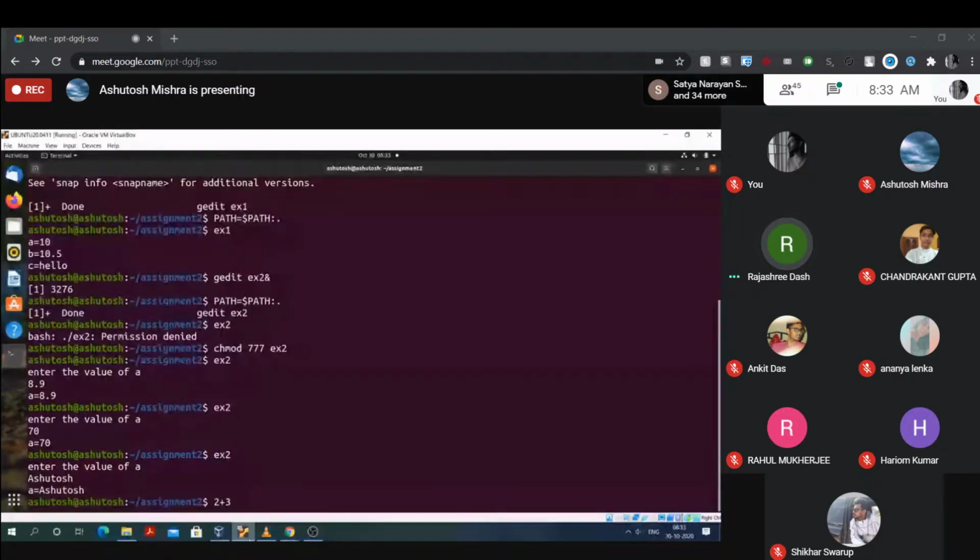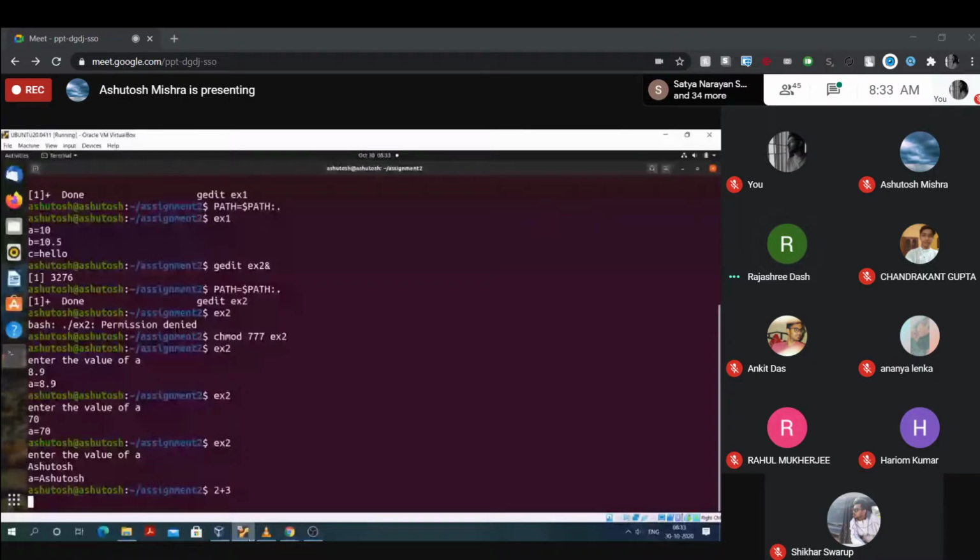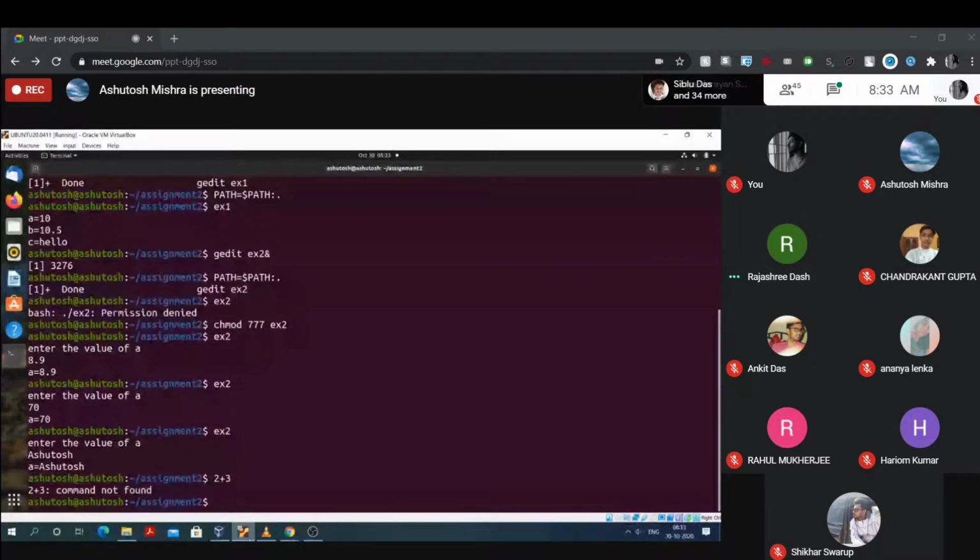Write and see. You cannot directly write 2 plus 3 to get the output. So it has shown that command not found. So remember, to perform an integer arithmetic, you can use a command named expr.